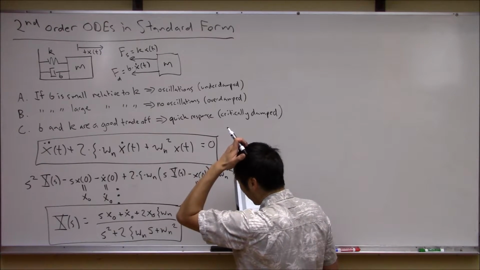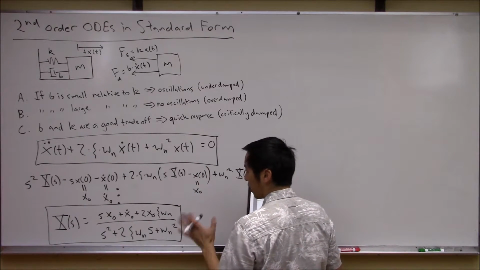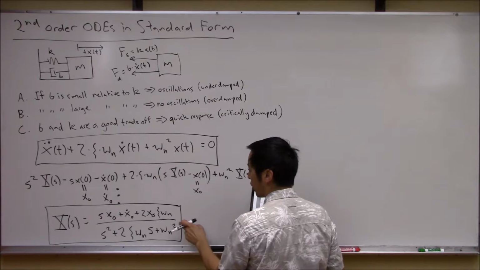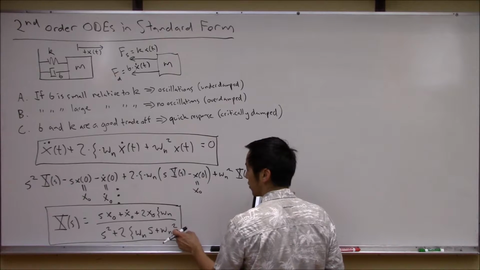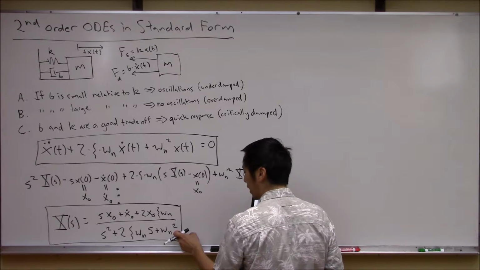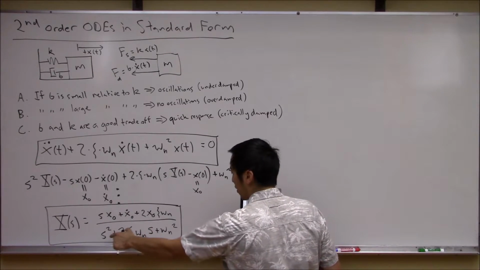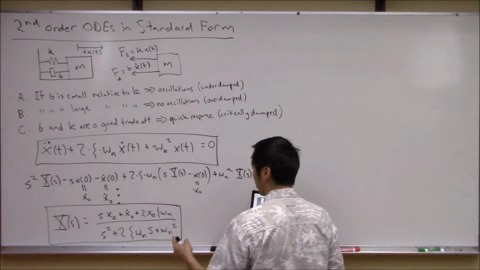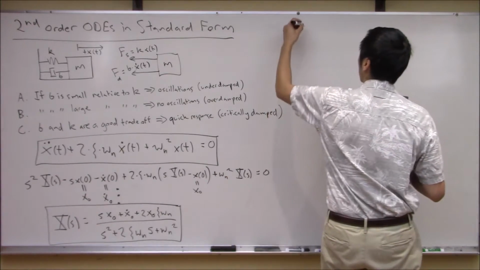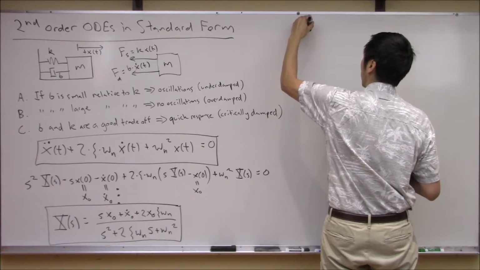So what's interesting here is, okay, the next thing you're going to want to do is solve for the roots of this characteristic equation, so we understand what the behavior is going to be like. You look at this, this is just a second order polynomial, right? So how do you find roots of a second order polynomial? Well, you just go to the quadratic equation. So the roots of this thing,